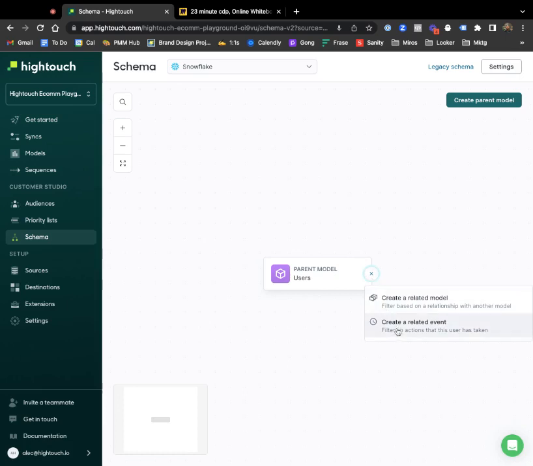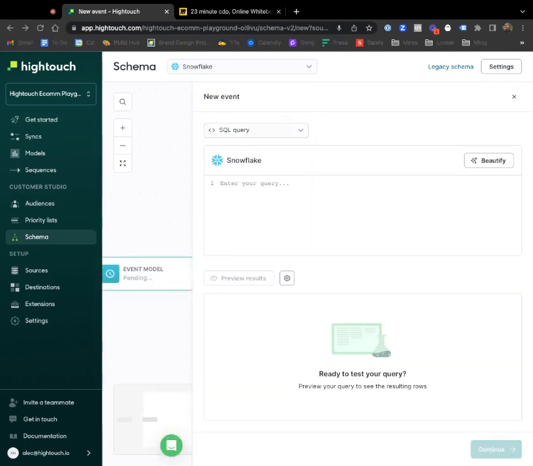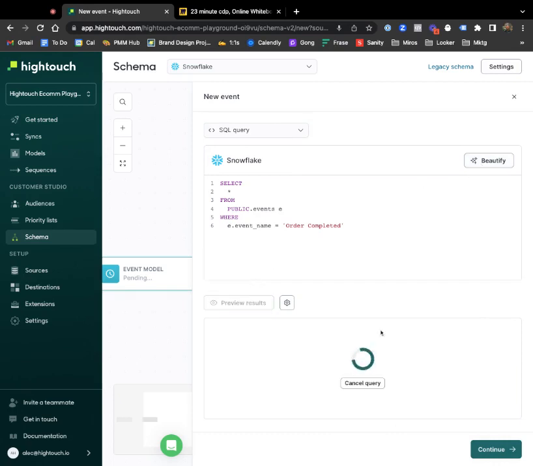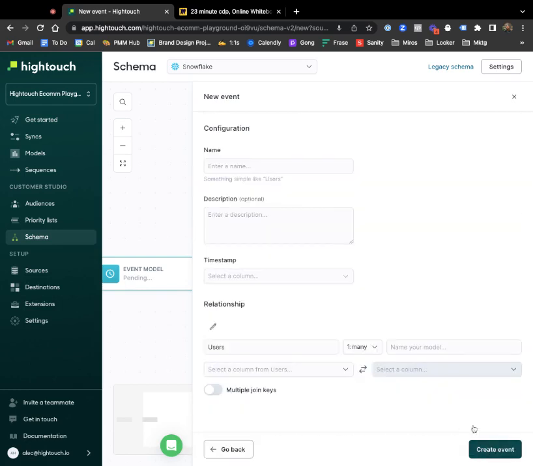So I need to create what is called a related event. And in that related event, I'm simply going to enter a SQL query that just looks for events from my events table where the event name is order completed. So I'm going to hit preview, and I should just see a table of events that are order completed events. Cool. Now I'm going to call this purchase,